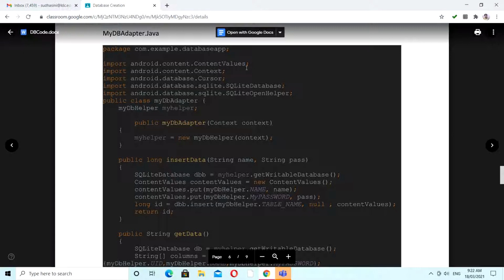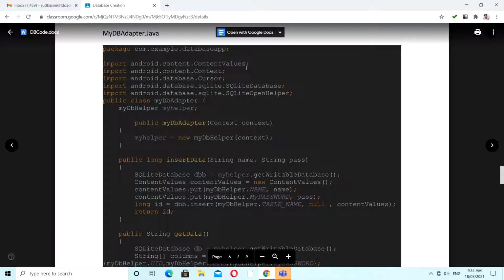In the previous classes, we saw how to insert an empty activity. Every activity consists of an XML file for designing, and then your main activity Java for your coding. Here we are not going to add an activity, we are just going to add a Java file because I need some coding part itself.